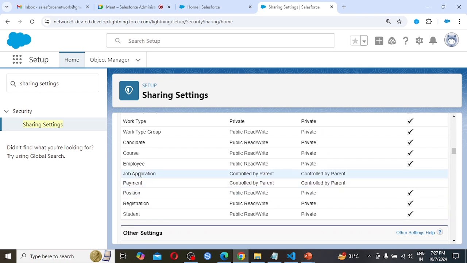As this is a junction object, it is controlled by parent. Also we are seeing payment, so on payment there is a master detail relationship, so it is also going to be controlled by parent. And also we are seeing that role hierarchy is not enabled for these two objects, and these are custom objects. So by default role hierarchy is not enabled.